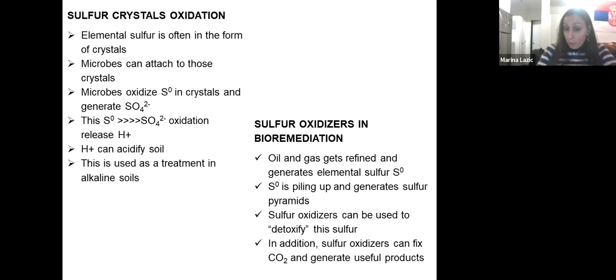Sulfur oxidizers can be used in bioremediation, and here is how. Like when we have oil and gas refining that generates elementary sulfur, you can guess elementary sulfur can be used as an electron donor, because if you saw, as Lisa mentioned, those pyramids where elementary sulfur is piling up, this is like a food source, electron donors. So they oxidize elementary sulfur. That's how they detoxify this sulfur. And what they can also do, they fix carbon dioxide, and they can detoxify